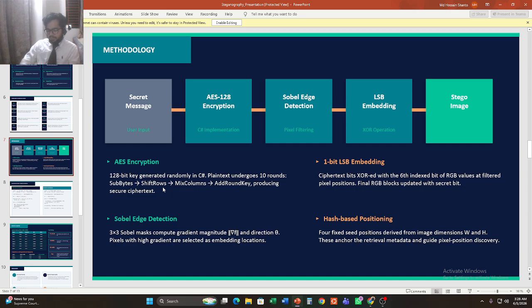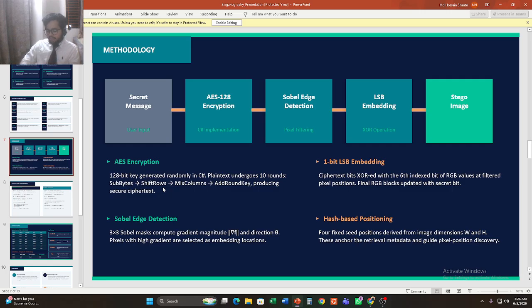Shift rows: rows of the data matrix are cyclically shifted, providing diffusion across columns. Mix columns: a linear transformation is applied to each column of the data matrix, further spreading the influence of each byte.